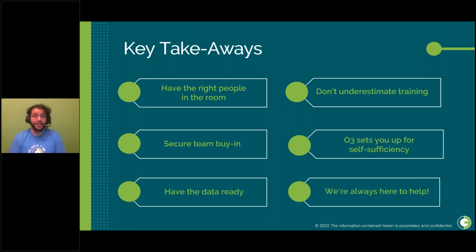Even when your implementation is done, our client success team will meet with you at set intervals to ensure software usage is healthy and that there are no roadblocks standing in the way of your team. Of course, you'll also continue to have access to O3's support article library, which has over 200 articles in it and is constantly being updated, as well as our support team.